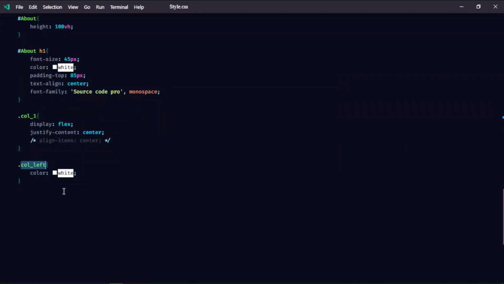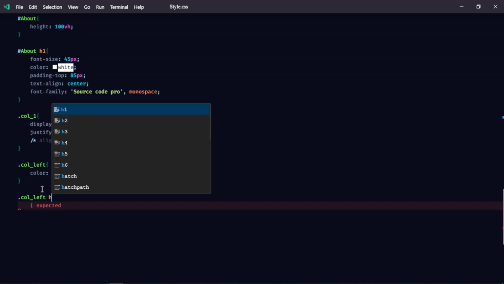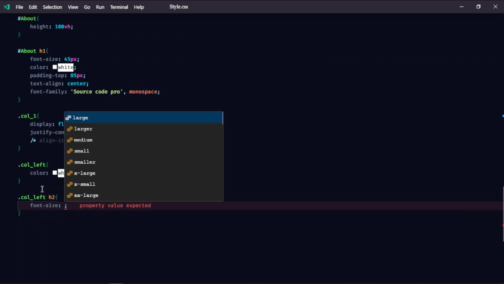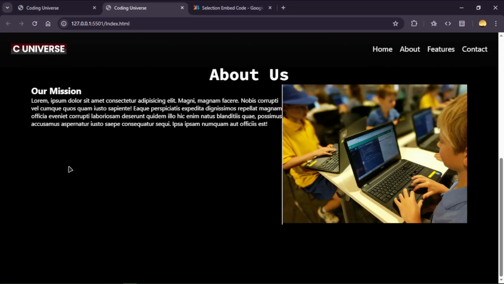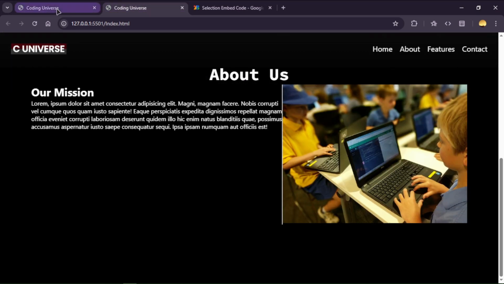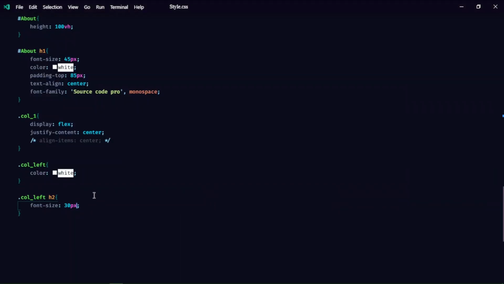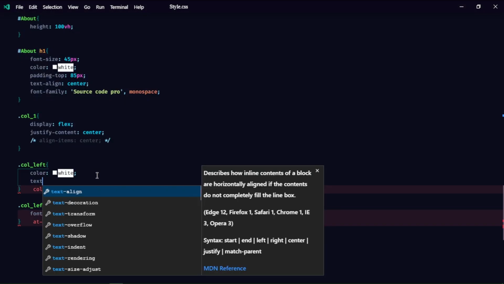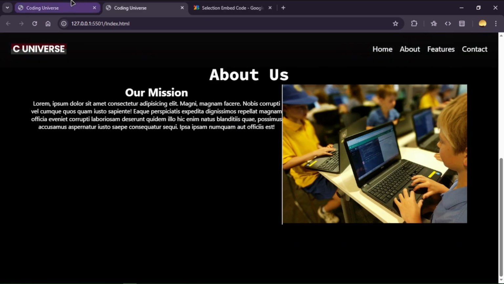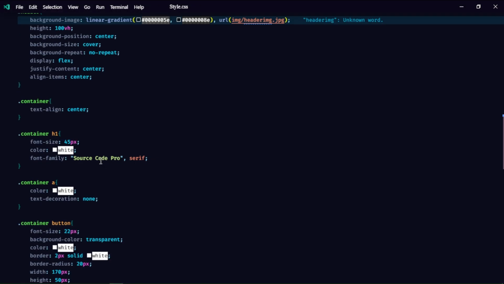Let's say the column left's H2's font size will be, I guess, about 30 pixels. Is it too big? No, I guess it's okay. Also, let's say everything will be centered. Yeah, it's now centered. Okay, let's